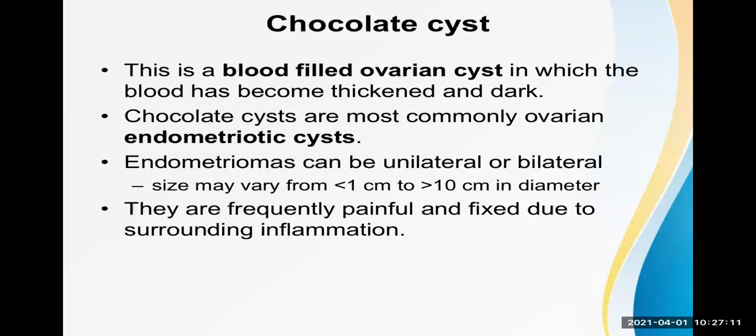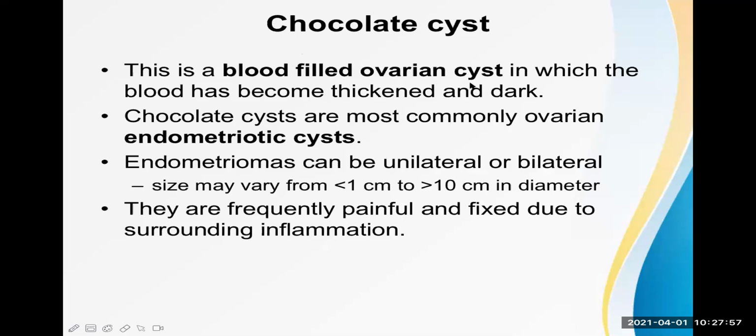Now, after discussing those different types of functional cyst of the ovary, let's talk about chocolate cyst, also known as endometrioma. That means presence of endometrial tissue in the ovary. Now remember, in every cycle, what happens under the effect of the hormone? These endometrial tissues will bleed. So there is a collection of blood there, and that blood collection along with the total mass is called endometrioma or chocolate cyst. This is the meaning.